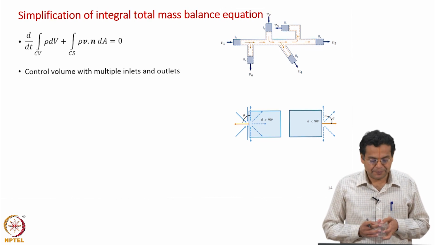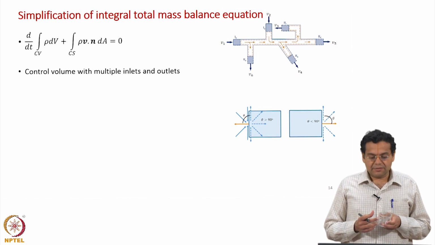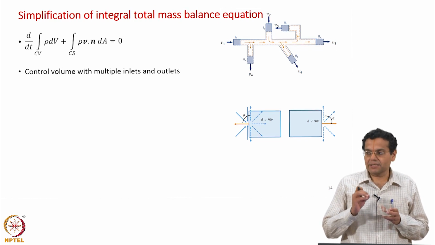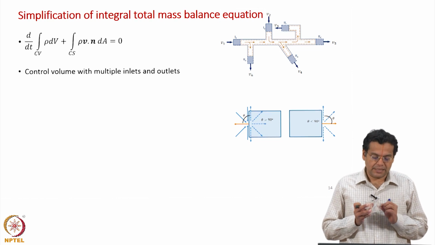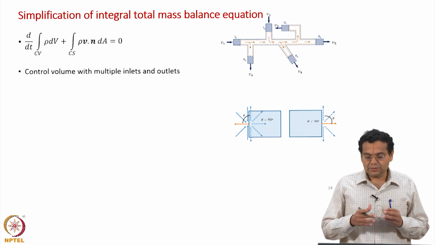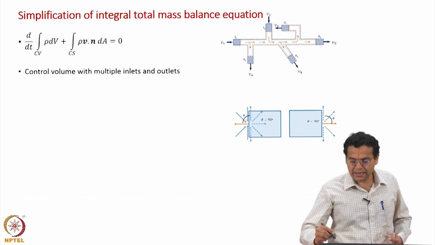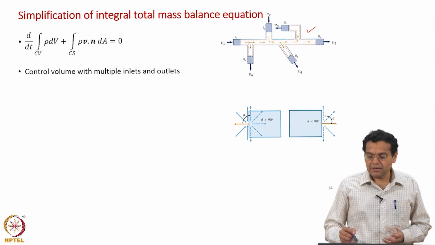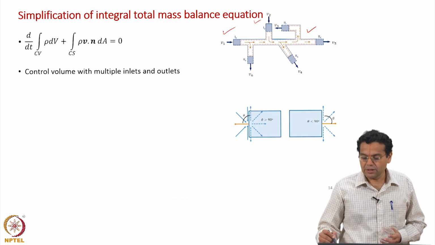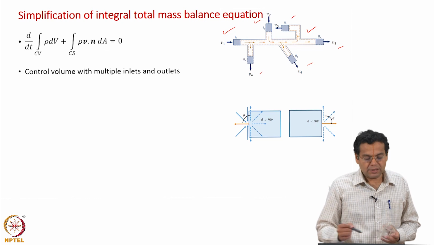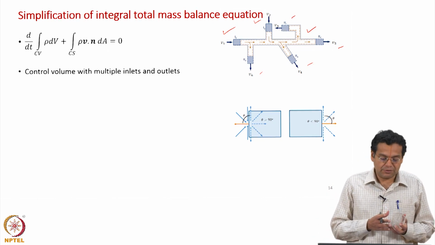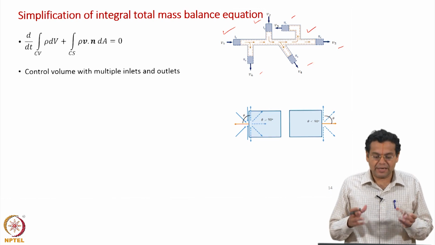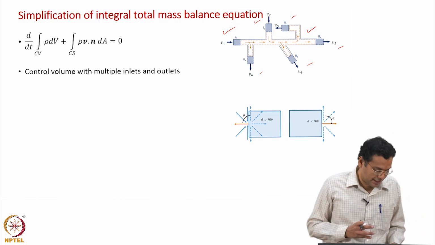can be accounted for. Now, we will write it for a case where there are well defined inlets and outlets. Let us say these are inlets and these are outlets, and we have also seen earlier a schematic of this, a pipe network where we have 2 inlets and 4 outlets. So, let us write this expression, which allows for any part of the surface to be inflow and outflow, for a case where there are well defined inlets and outlets. Okay. So, let us do that.